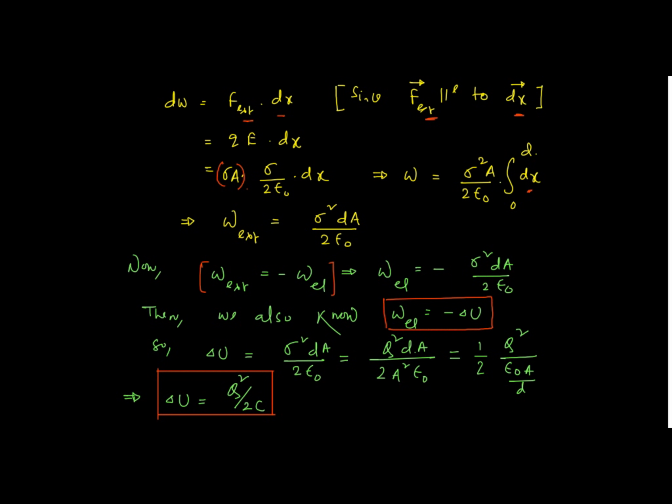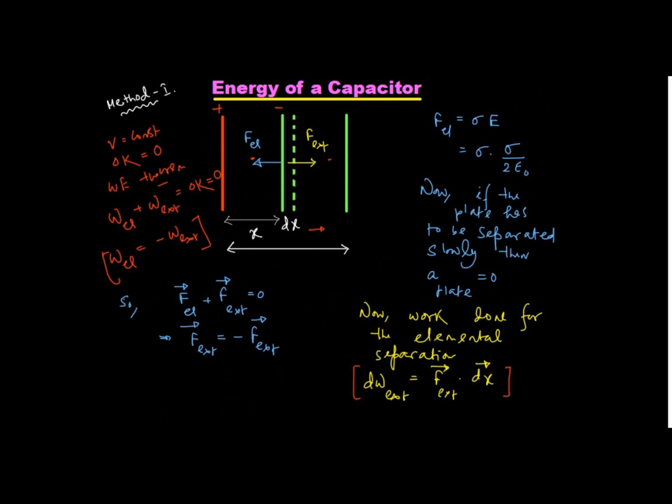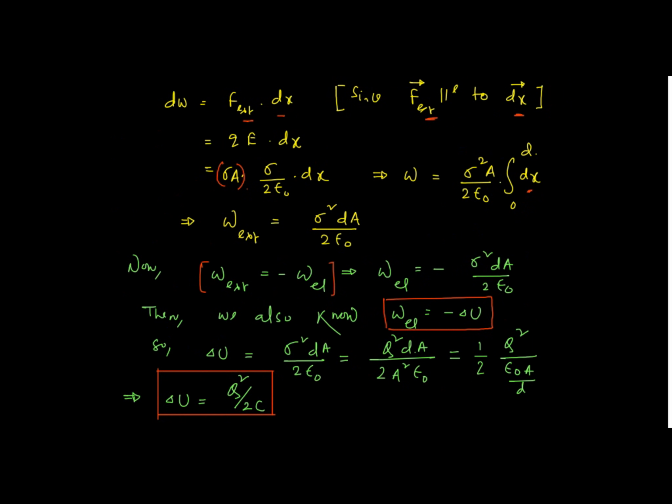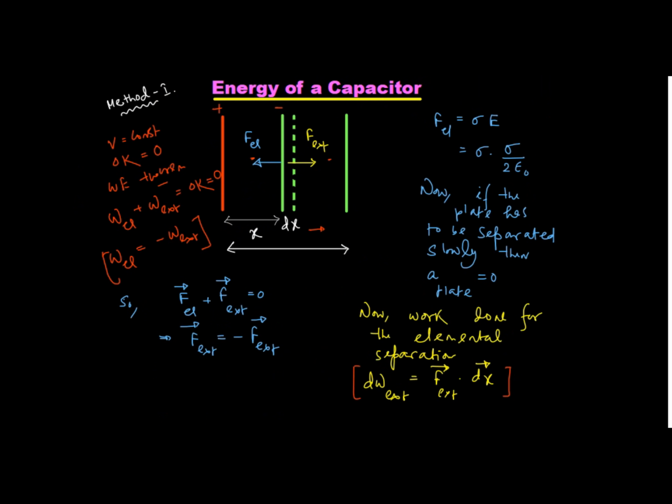And since here in this case you see I did not attach any battery anywhere, so when there is no battery connection, in this case charge Q will remain constant. So your energy equation preferably should be written in terms of Q square by 2C. Alright, so this is one approach. I hope you have thoroughly enjoyed. It is quite relatable to the things that you have studied in 11th mechanics, right? Okay.